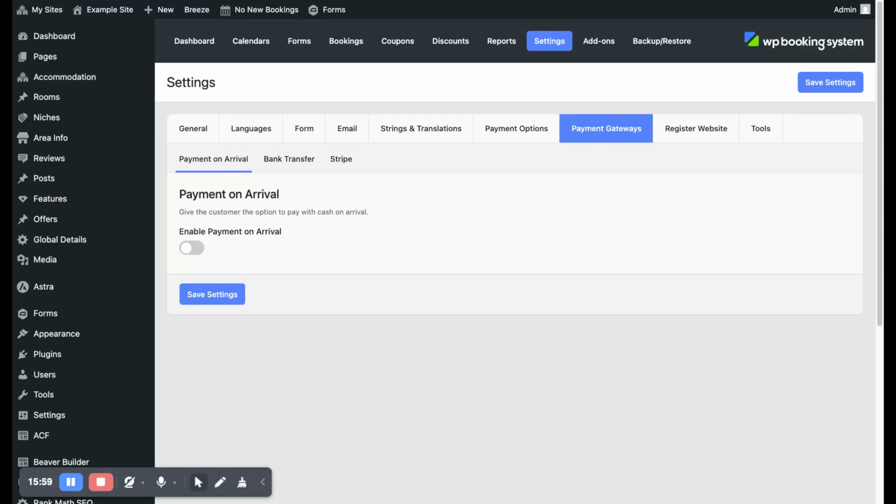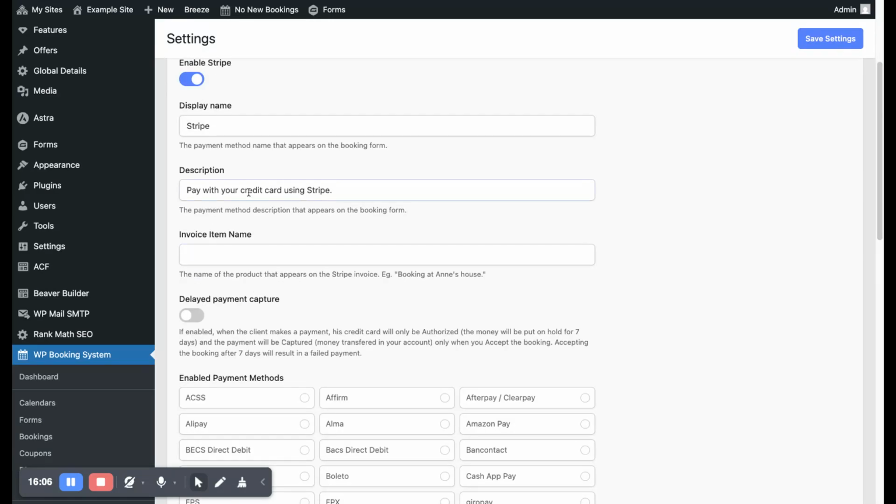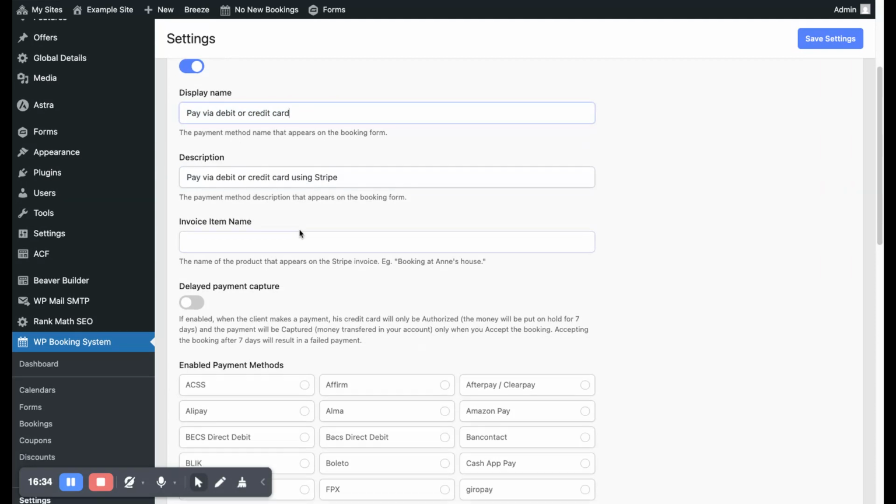So you set up with Stripe, for example. In order to connect your Stripe to your booking system, you'd need to enable Stripe. I recommend that the description should actually say pay via debit or credit card using Stripe, because lots of people who are booking won't have heard of Stripe, and you don't really need a description there. Actually, what I might do is put this there and take off that. Right, and then